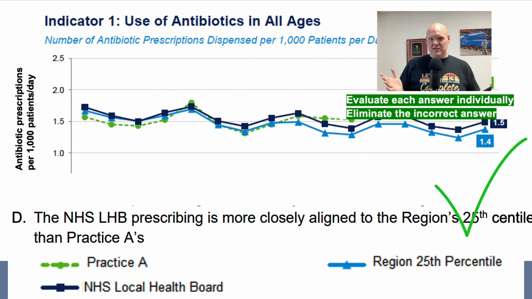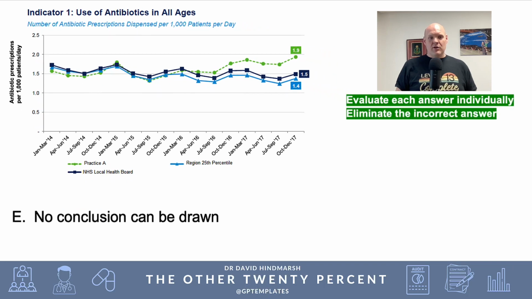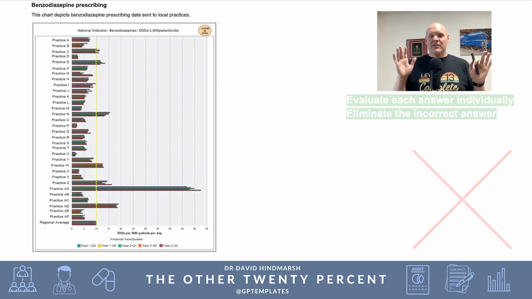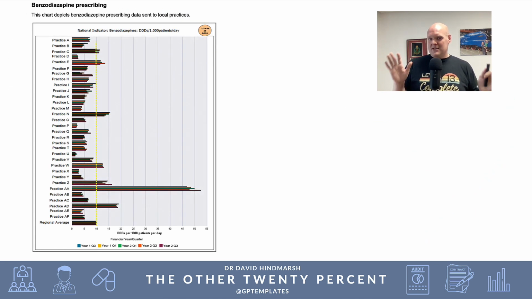So actually, we think that could be the right one. Then finally, no conclusion could be drawn. Well, that's completely ridiculous because we've got potentially a correct answer. So that's it. So we're going to use a different example, okay, and this one's from the benzodiazepine prescribing,